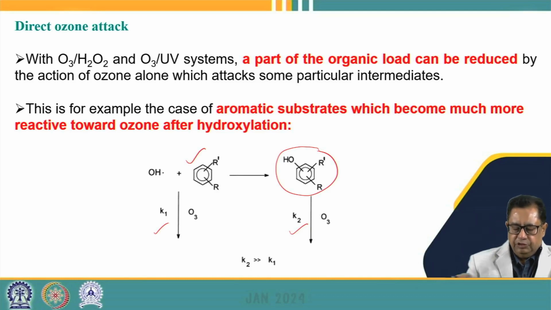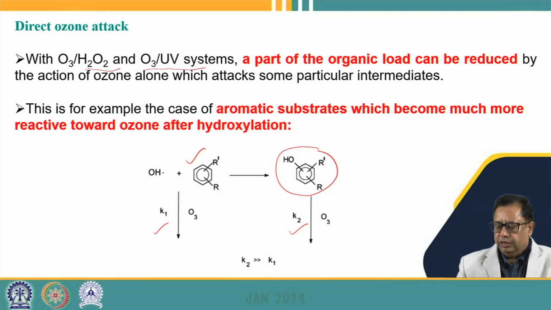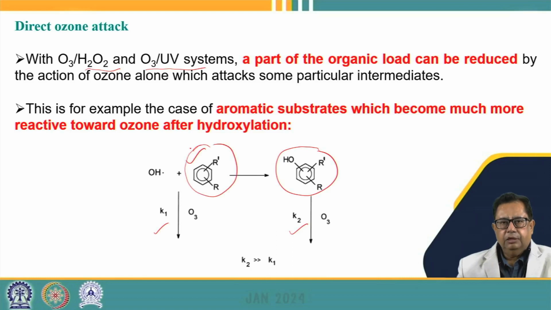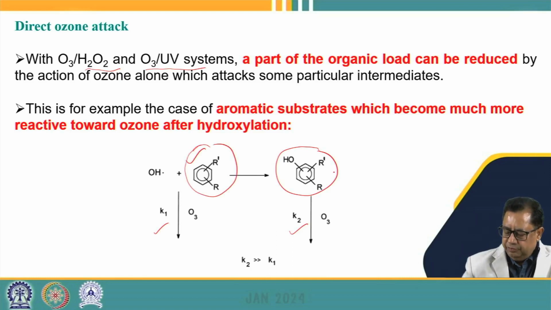For example, when we have a system of ozone and H2O2, and a system of ozone and UV, part of the organic load can be reduced by the direct attack of the ozone. But the ozone basically attacks particular intermediates. For example, when aromatic substrates are there, they may be directly attacked by the ozone. And similarly, the hydroxylated form of this aromatic compound may also be directly attacked by the ozone,